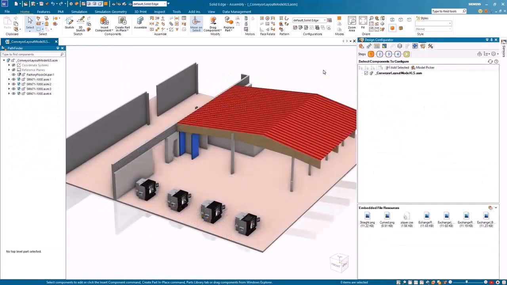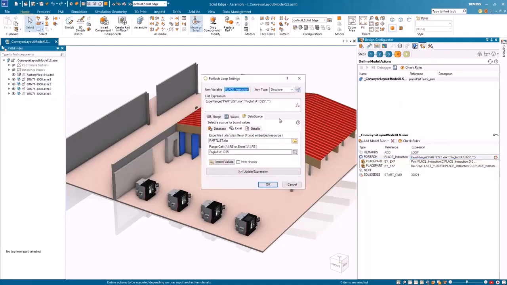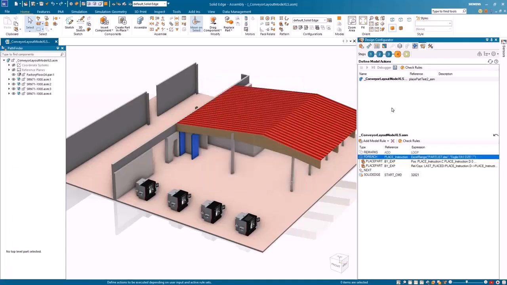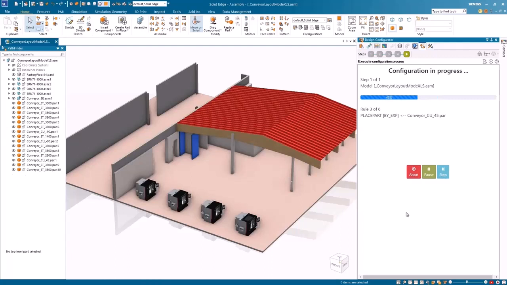The new ability to read from Excel files and external databases for input data and model actions allows you to automatically complete assembly lines at a fraction of the time. By reading the necessary conveyor placement data from an Excel file, the software instantly configures and completes the assembly line